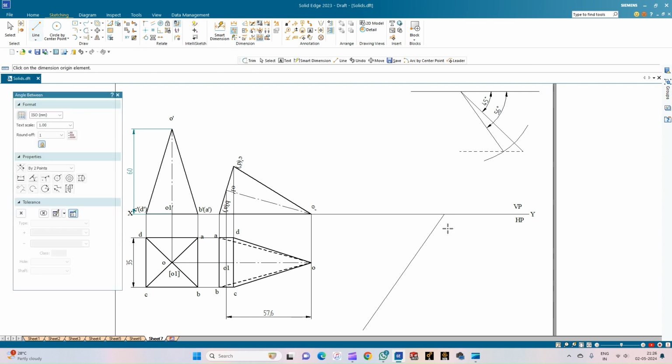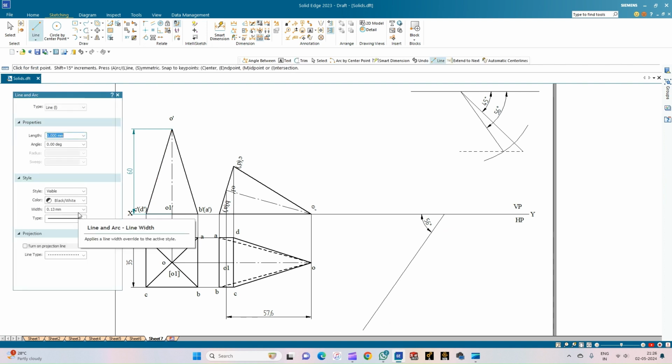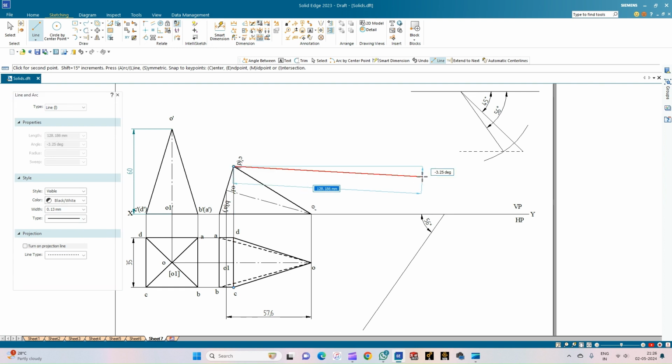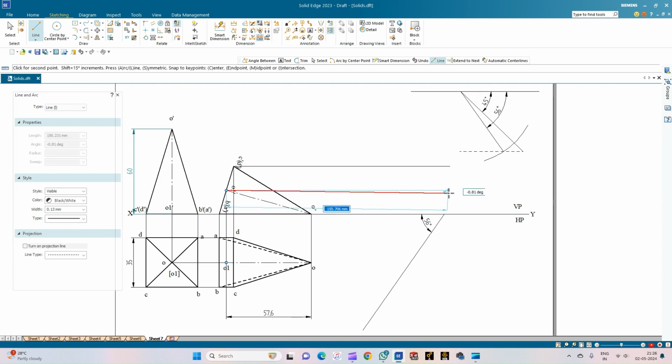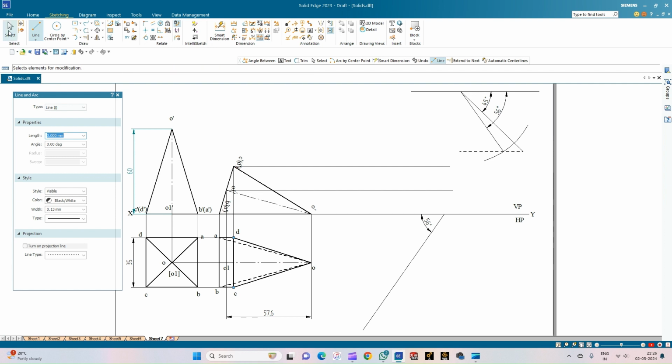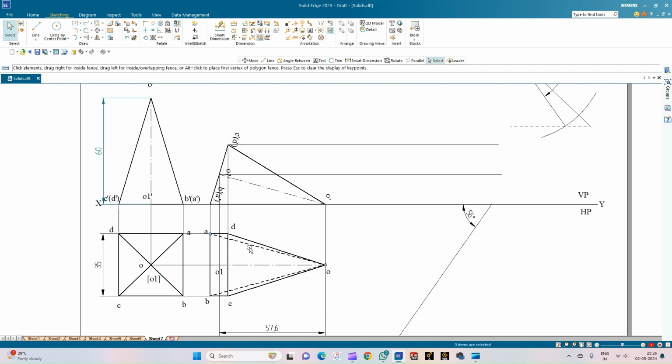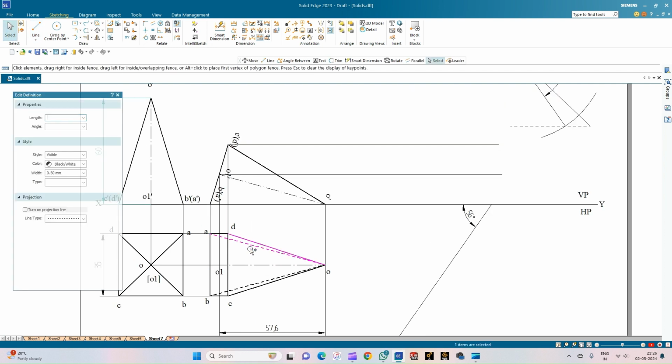So if you just measure this, this is 56 degrees. Now let us try to draw the horizontal and the vertical projections. Okay, so before that, let us try to incline this. Before we do that, let us select the pyramid